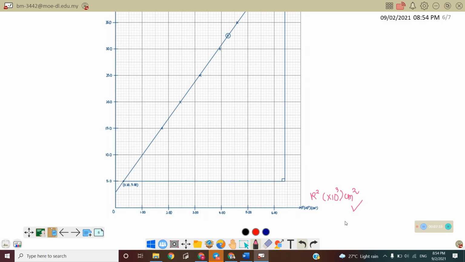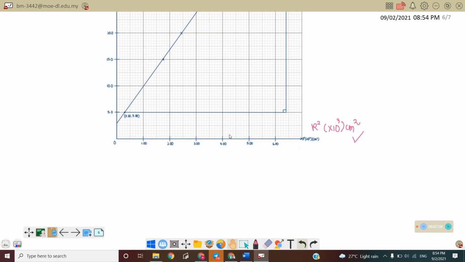Okay, so next one is you must use the correct or suitable scales. Suitable scales here for x axis or for r squared, you can use 1 until 6, 1, 2, 3, 4, 5, 6, and we need to calculate. We must calculate what is the smallest division that we can read here. The smallest division that we can read here is 1 divided by 10 and half of the smallest scale. The smallest scale is 10, so we must divide it by 20. So you press calculator, 1 over 20, you will get